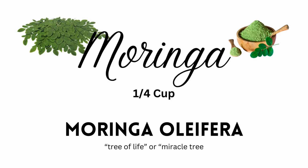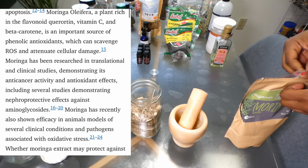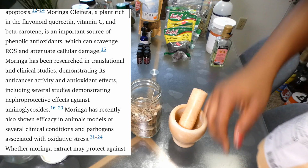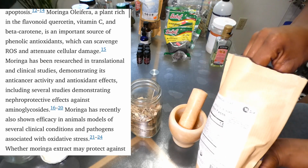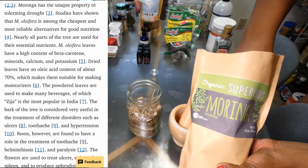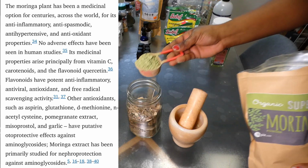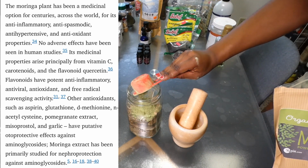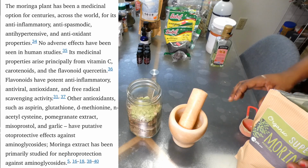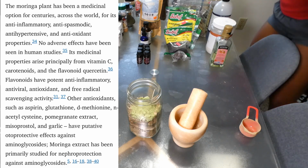Moringa, Moringa oleifera, tree of life, or miracle tree. Moringa leaf is rich in flavonoid, quercetin, vitamin C, beta-carotene, which is an antioxidant that the body converts to vitamin A, linoleic acid, and antioxidants. Dried leaves have an oleic acid content of about 70%, which makes them suitable for making moisturizers. Flavonoids have potent anti-inflammatory, antiviral, antioxidant, and free radical scavenging activity. Quercetin can stimulate hair growth by activating the MAPK and CREB signaling pathway, which increases cellular energy, metabolism, and growth